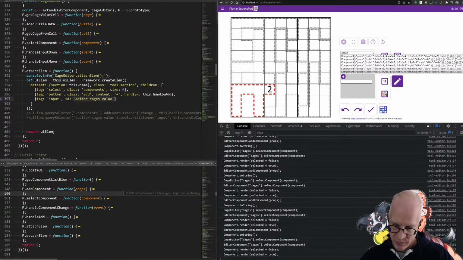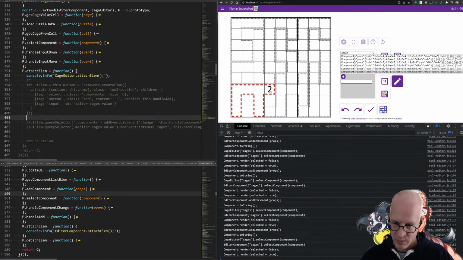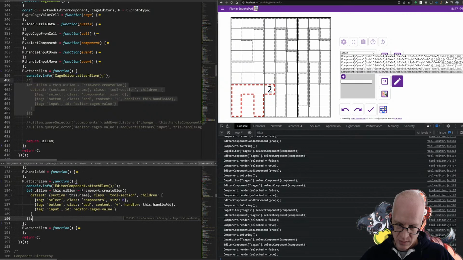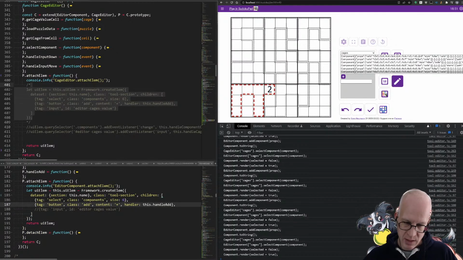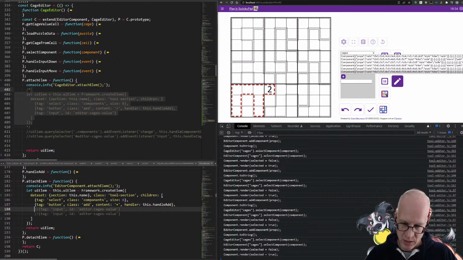So if I go to editor component, attach element. Right now, this is happening here, right? But I can do this. I can actually do something like, nope. Nope. I want to do this. Because I'm obviously gonna do more things here. But this part won't be there. Now I might actually provide a hook here by doing something like